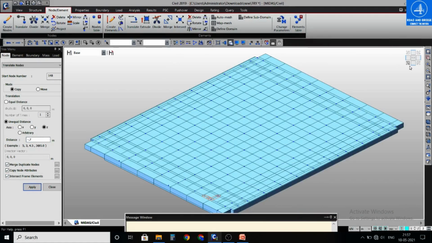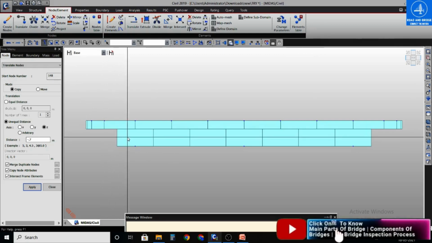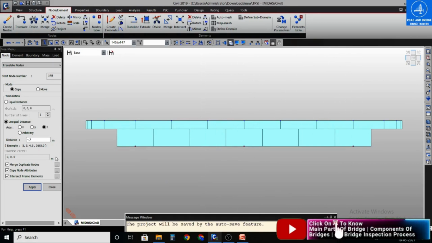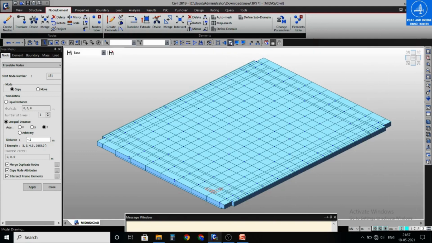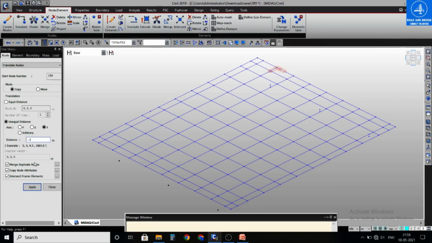You can see the nodes have been translated to the bottom of the deck, and now I am translating it up to 0.1 meter, and the similar process you have to repeat here. 1 meter. Apply.